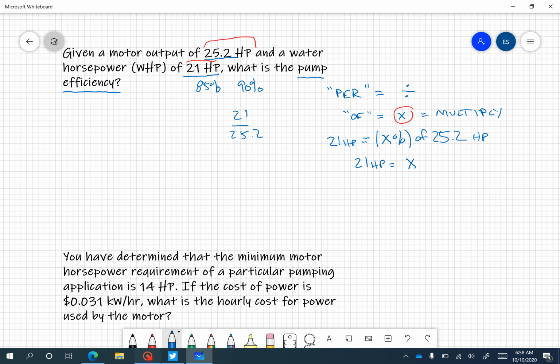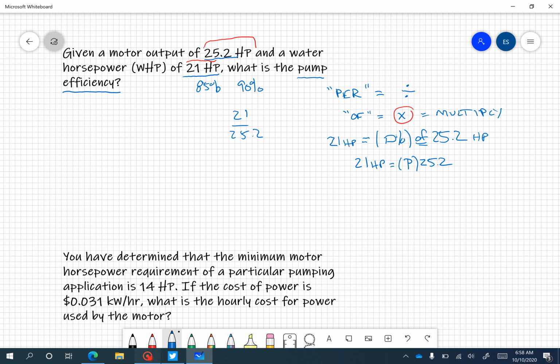Okay, let's just use a different variable so we don't confuse anything. We'll call it P. 21 horsepower equals P percentage of 25.2. We can rewrite this as 21 horsepower equals P, and of means multiply, so P times